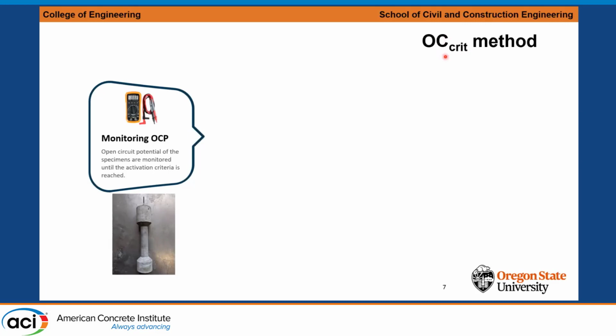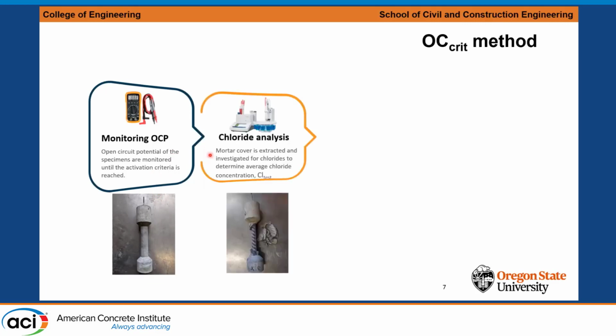how this method works. So the first step, as I just mentioned briefly earlier, is to monitor the open circuit potential. So the open circuit potential of the specimens are monitored until the activation criteria is reached, and the activation criteria is negative 350 millivolt with respect to copper sulfate electrode. And the second point is, once the activation criteria is reached, we do chloride analysis. So mortar cover is extracted and investigated for chlorides to determine the average chloride concentration, which I'm calling at this